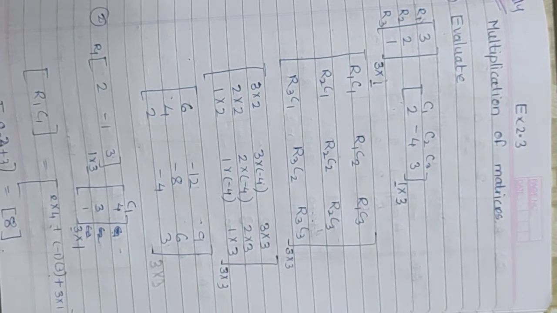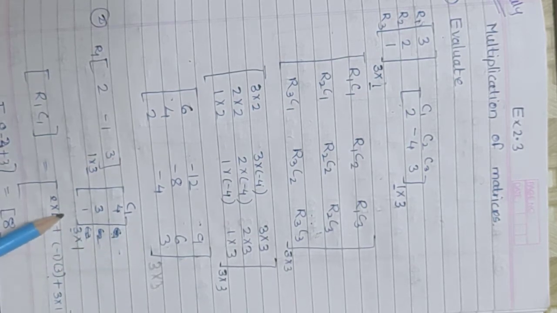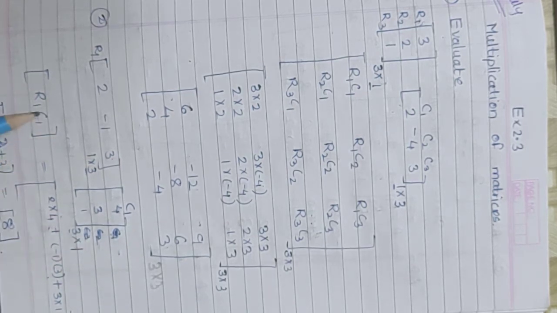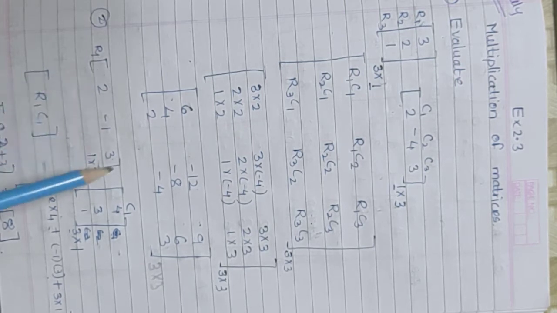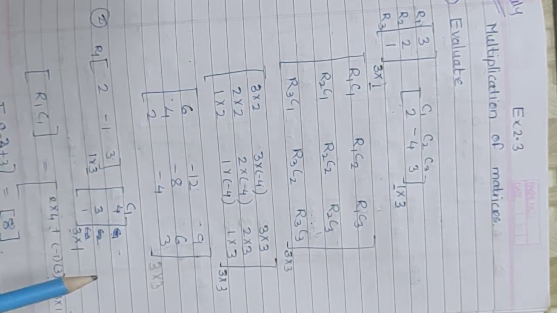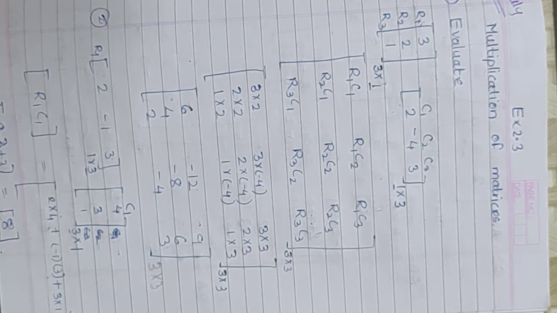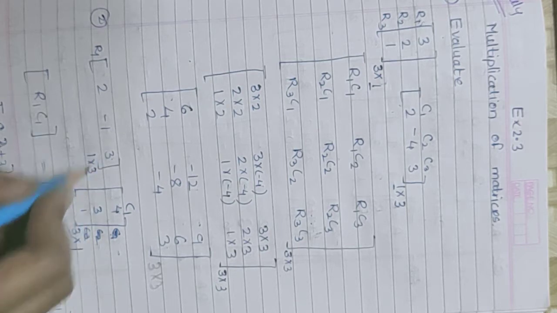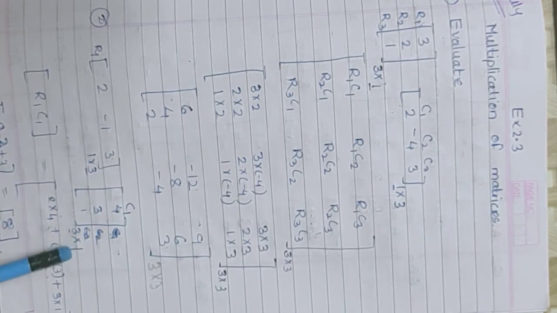Now see the next one. This one matrix and this one matrix are given. You have to multiply these two matrices. Here see, its order is 1 by 3, 1 row and 3 columns. Write and take the order. Now this one has 3 rows and 1 column, 3 by 1. So here this 3 and this 3 are the same, so you can multiply the matrices. Multiplication exists. So the order of the new matrix will be 1 by 1.